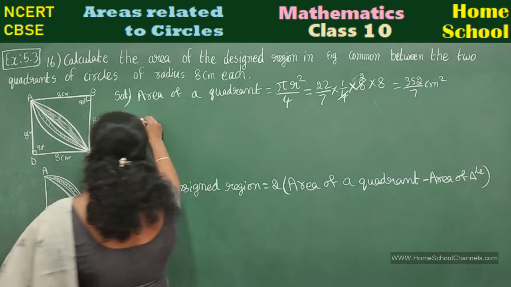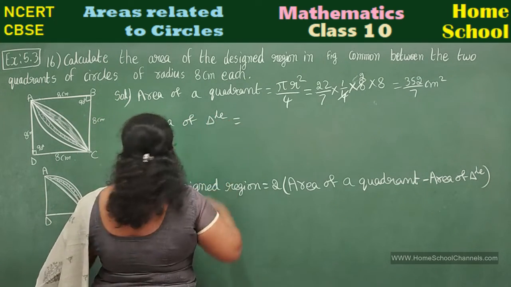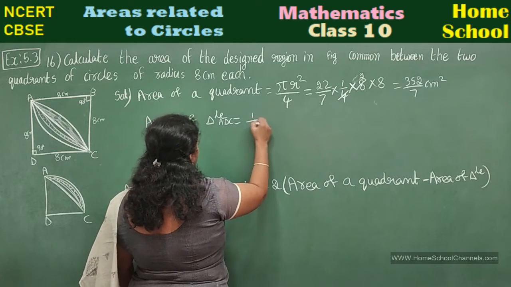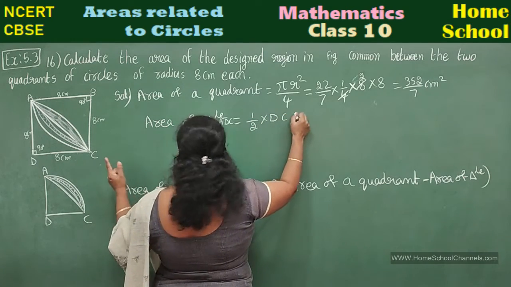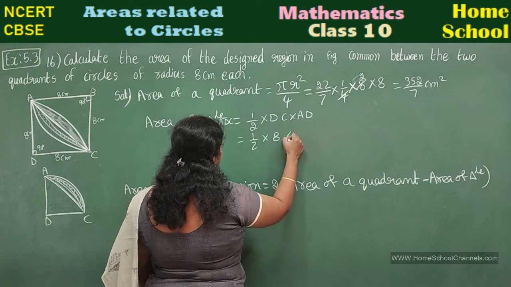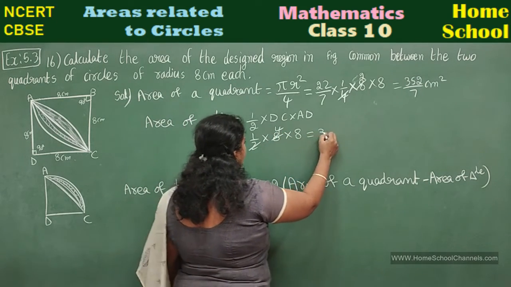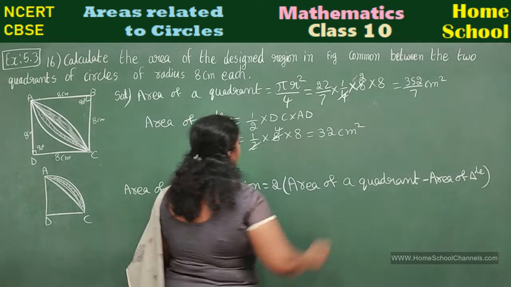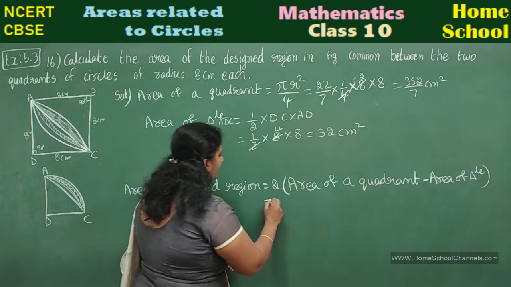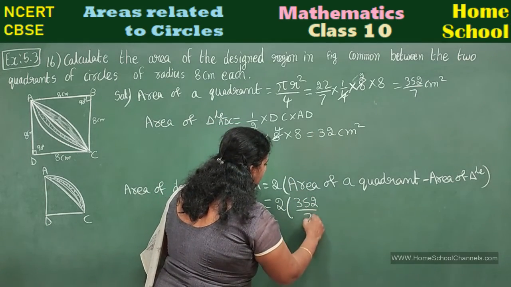Next, area of triangle. Any triangle you can take, children, ADC or ABC. I am taking here ADC. Half into base DC into height AD. Half into DC is 8 centimeter, AD is also 8. 2 4s are 8. 8 4s are 32 centimeter square. Right? Now, area of designed region is equal to 2 times area of a quadrant, 352 by 7, minus